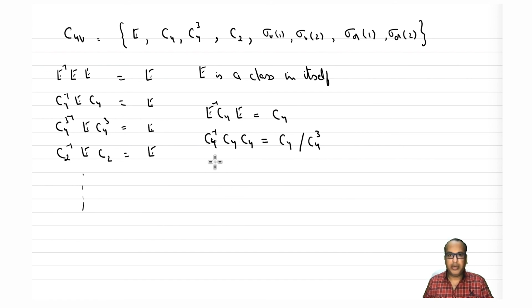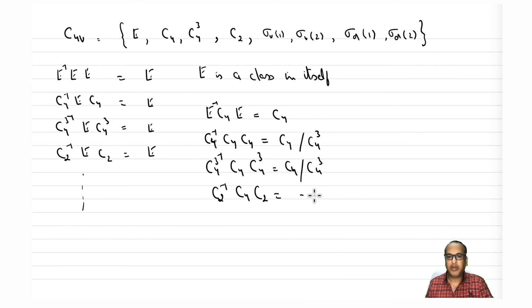So let's try to make a point. C4 cube inverse, C4 cube. This should also get C4 or C4 cube. Either of these will come out as an answer. But if you write the group multiplication table, it is easier because then we know the product of each. Otherwise, you can take a molecule, do this operation and see what you are getting. Similarly, do it for C2 inverse, C4, C2 and see what you are getting.